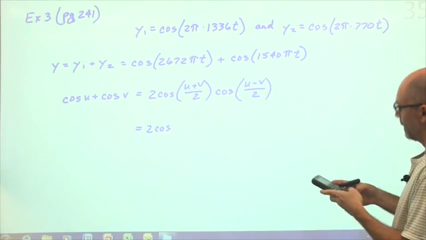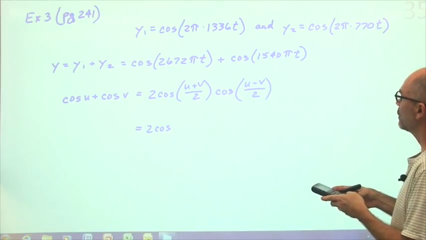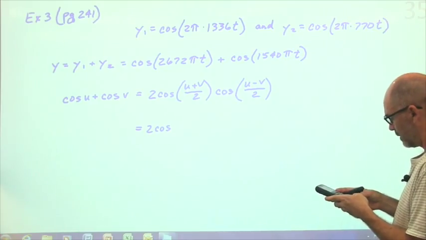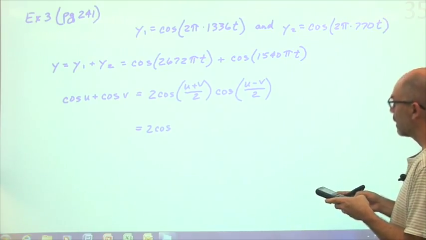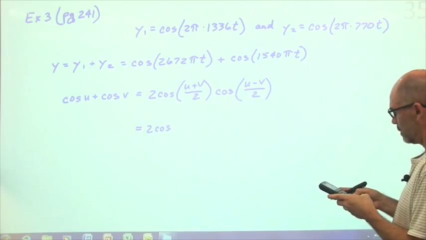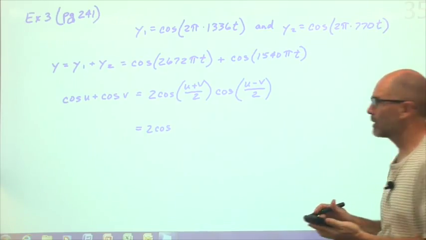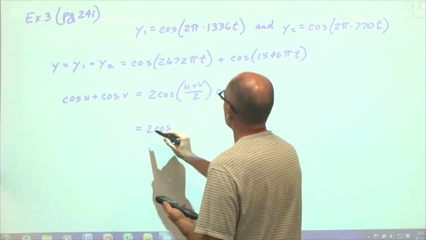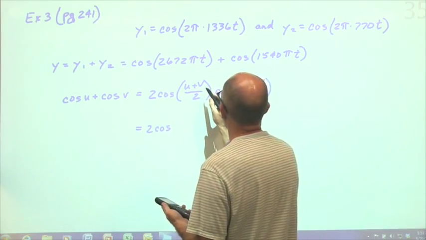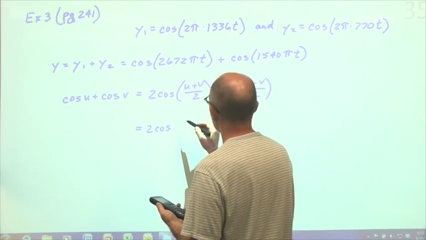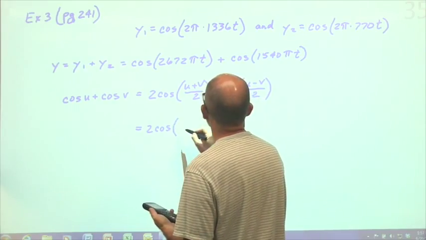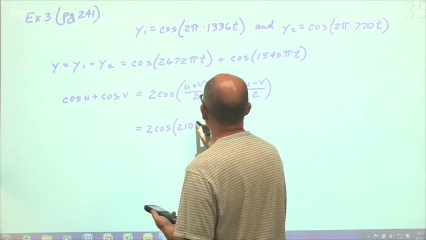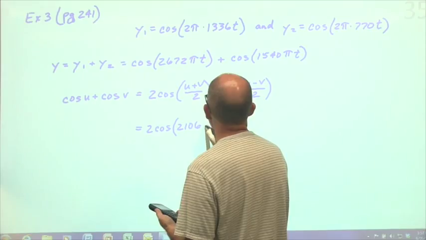So it's 2672 plus 1540 divided by 2. Yeah, 2106. I was right. Amazing. So this is 2 cosine of u plus v over 2, which is 2106 pi t,